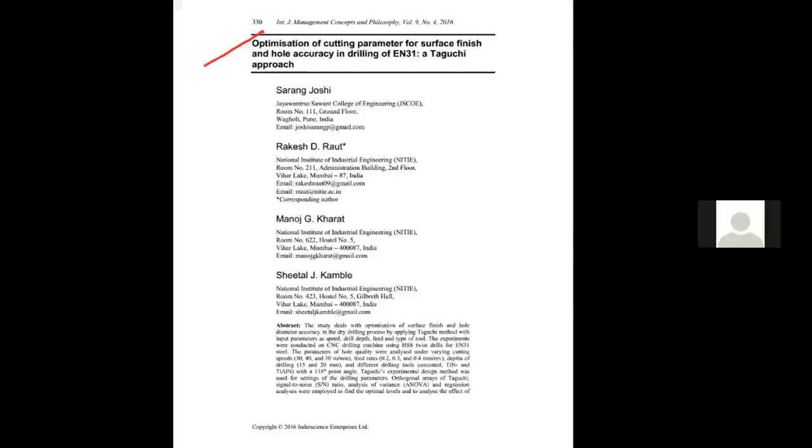Now here I have defined that I want to have the optimization on surface finish and hole accuracy. So what task did I do here? I want to perform a drilling process where my outputs are surface finish and hole accuracy. Now, you can have any machining process, any particular material, any sort of different things. But you should know our first step is what output I want. Here the first output is surface finish and the second output is hole accuracy. Now, how to measure surface finish? You can measure by any instrument. Hole accuracy you can measure even by using simple dial gauges. So now, how to proceed here?